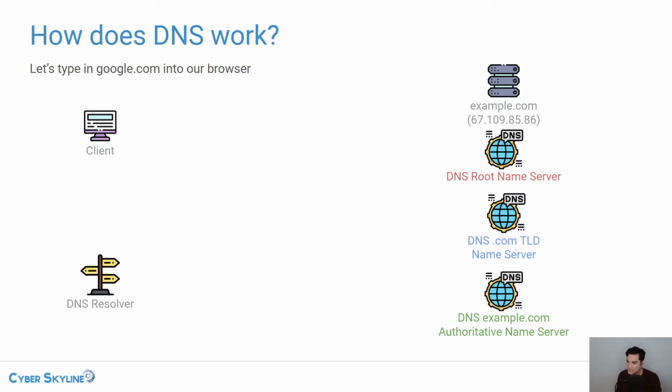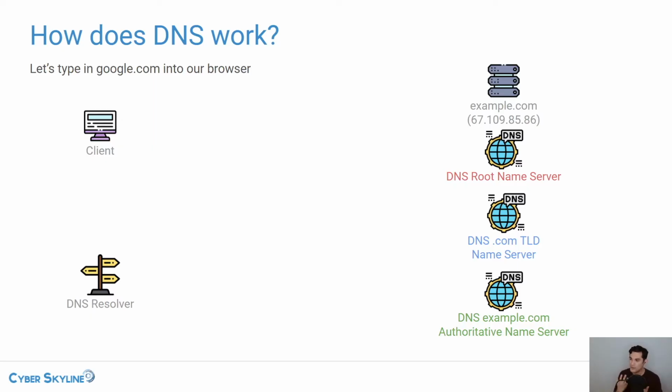Any DNS query will first go to them, and then they will direct you to an authority of the TLD. That's the extension in the domain name, so the .com or the .org or the .net. And they will redirect you to that name server, so that you can ask them for more specific information.